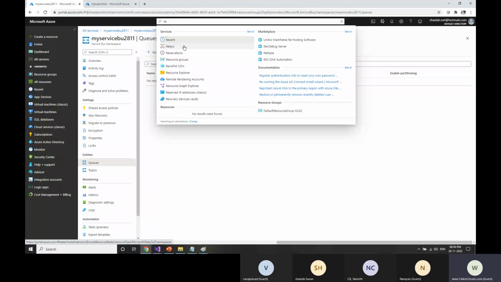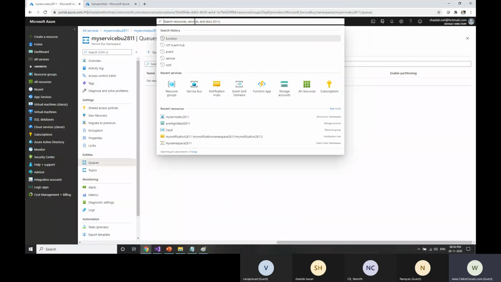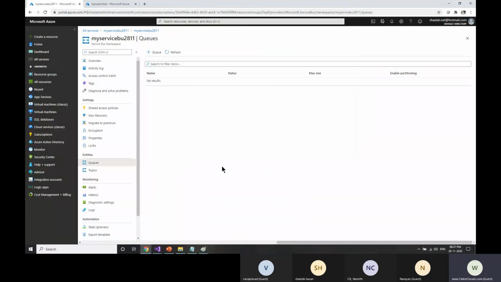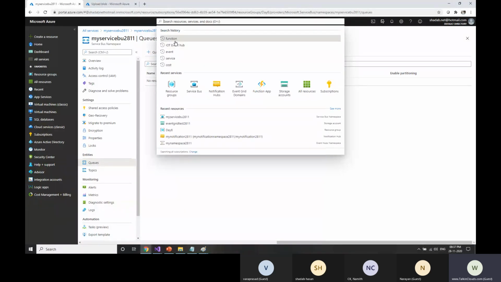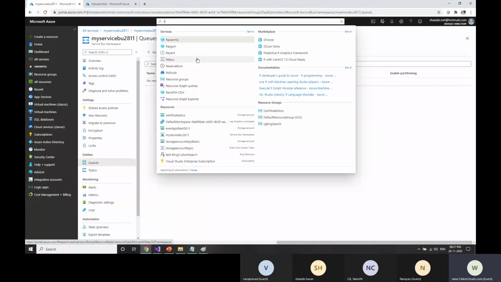A relay basically gives you a feature more like a webhook, where you will have an API created and you will be using it. We don't have that as part of this lab. So it creates a WCF relay, and there'll be two things: the hybrid connection and the relay. This gives you a WCF relay option, where you don't have to open any port. You can directly go ahead and create a relay and use that relay for your communication. You can do cross domain communication, or with any other client.